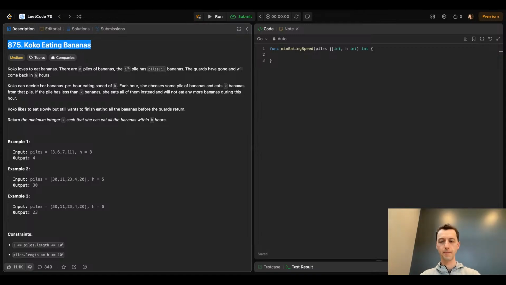I have a red pencil that will help me work on this problem. Let's look at the description. So problem